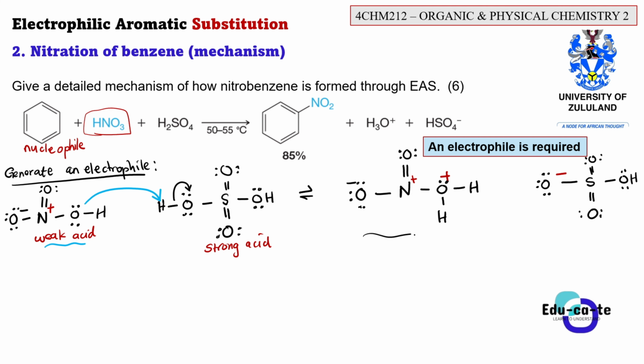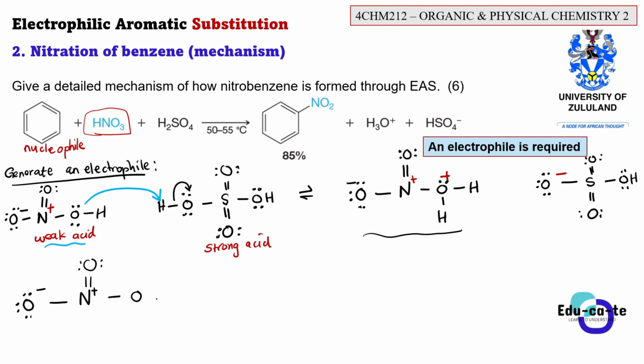So let's continue with this particular product, having this oxygen that has a negative formal charge. So this is oxygen, then this is a nitrogen having a positive formal charge, then double bonded to oxygen having 2 lone pairs of electrons. Then now what will happen? Let's just redraw this. This is oxygen having a positive formal charge. This is hydrogen. This is hydrogen. So this is the complex that we have formed when we reacted this weak acid and the strong acid. So what will happen now? You can see that we're having OHH. This is H2O. H2O is a good leaving group.